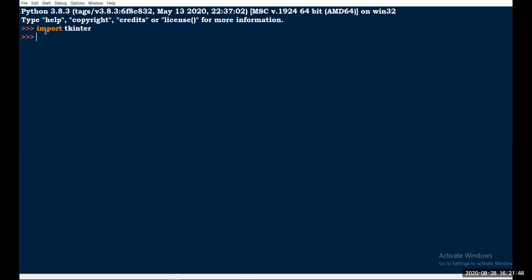If it works, don't worry, your Python has the tkinter library. If it doesn't work, go to your CMD and install it. Simple. The library is used to create your Windows applications, and today we are going to create a digital clock by using Python and the tkinter library. Okay, so let's start.